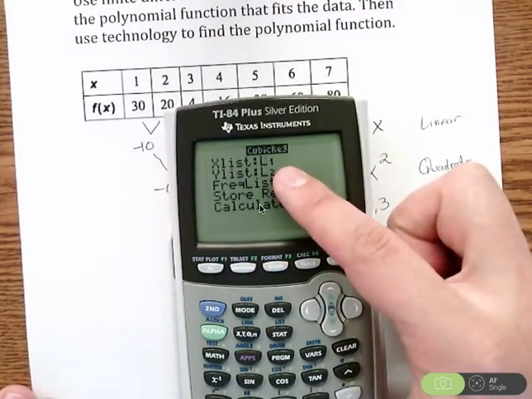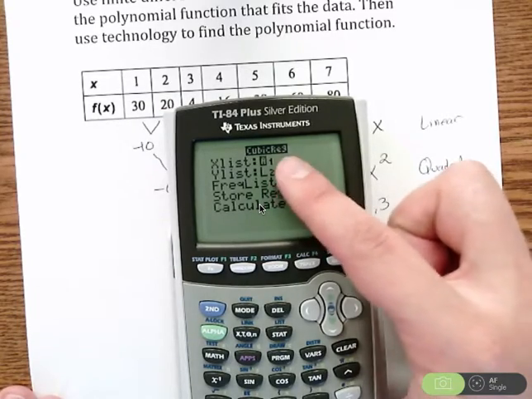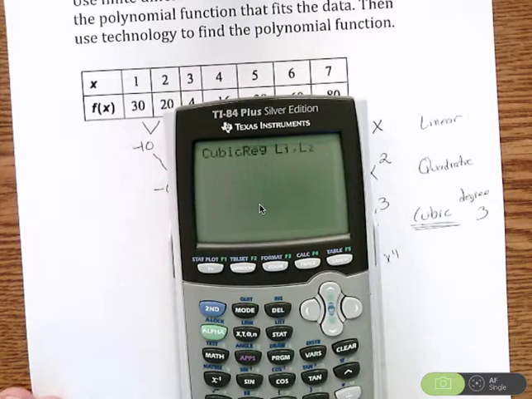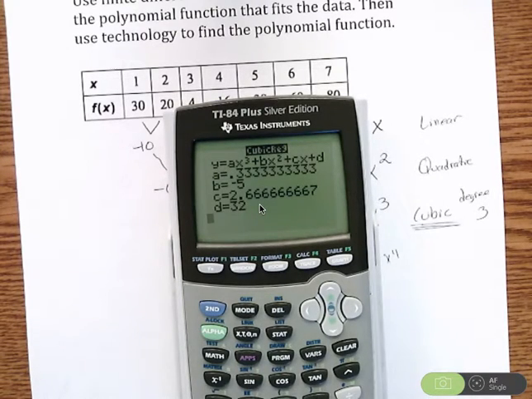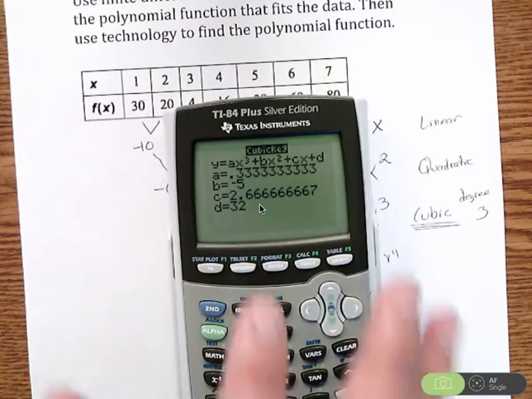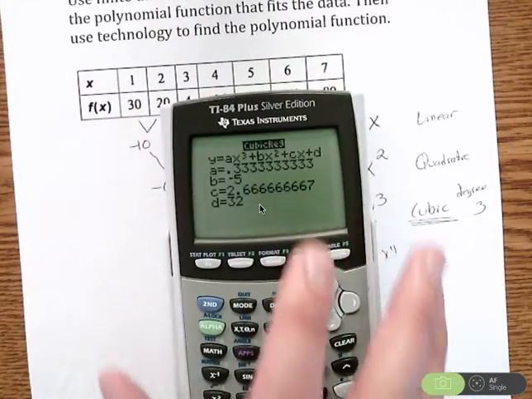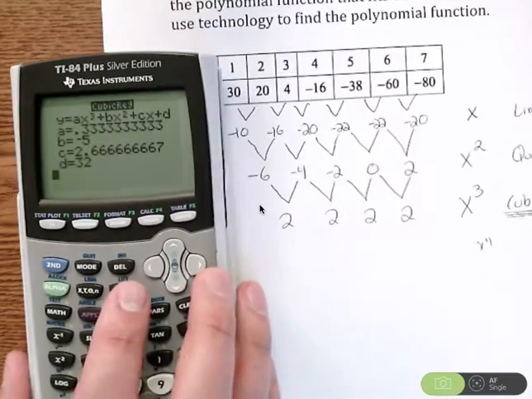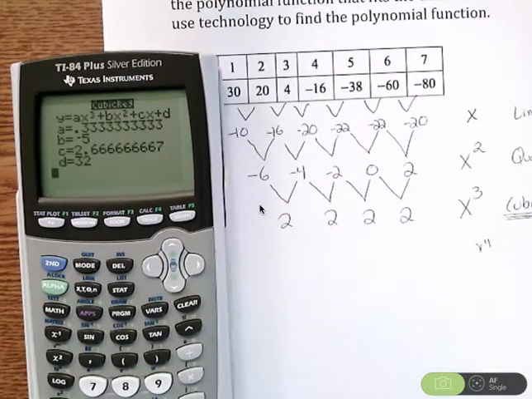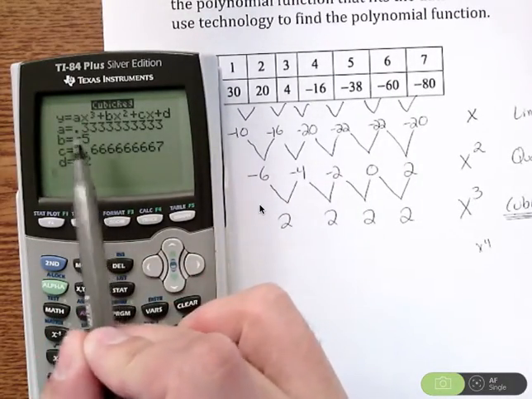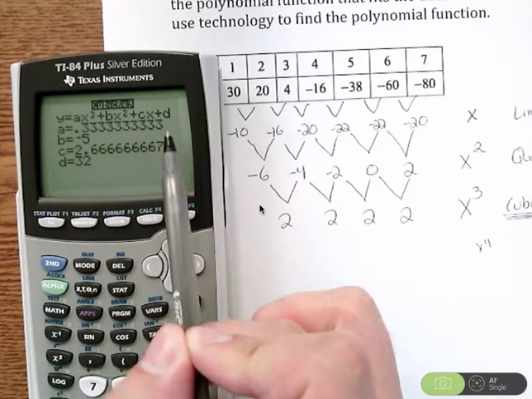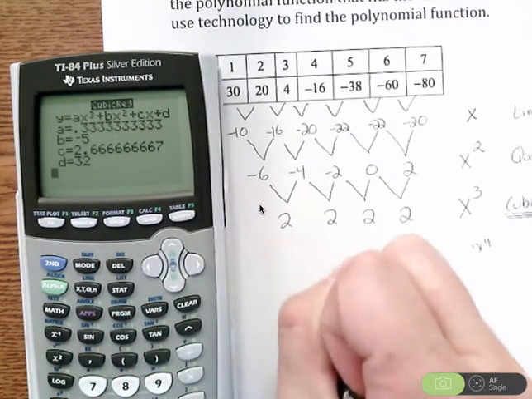If you use list 1 and list 2, it's already by default going to use list 1 and list 2. So we're going to go down to calculate and hit enter. And what the calculator is going to do is come up with the equation that fits this line. Now you see I have a lot of decimals there. I'm going to do some rounding here. So they tell you at the top the form of it, y equals ax cubed plus bx squared plus cx plus d. So I'm going to have y equals